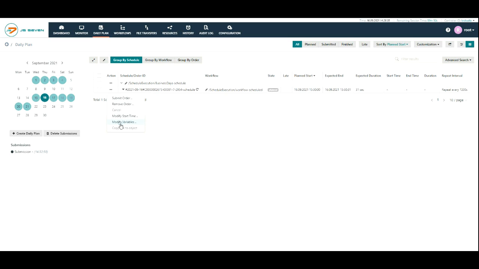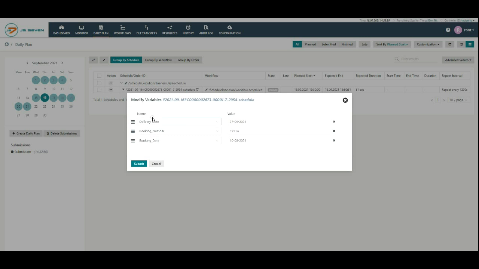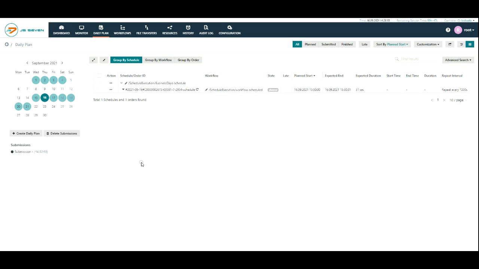From the drop-down menu, select the Modify Variable option, update the value for the variable, and click on the Submit button. As we have the cyclic order, all the orders added to the workflow will be modified and use the updated value.